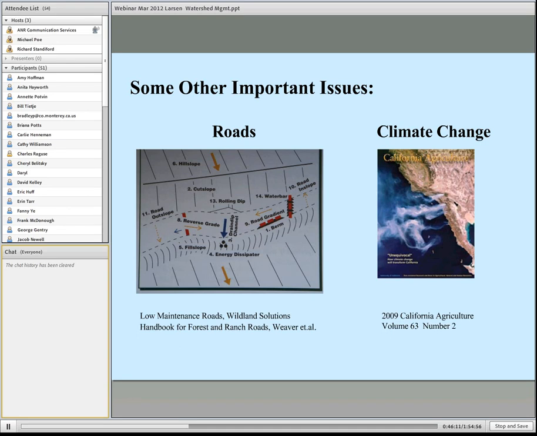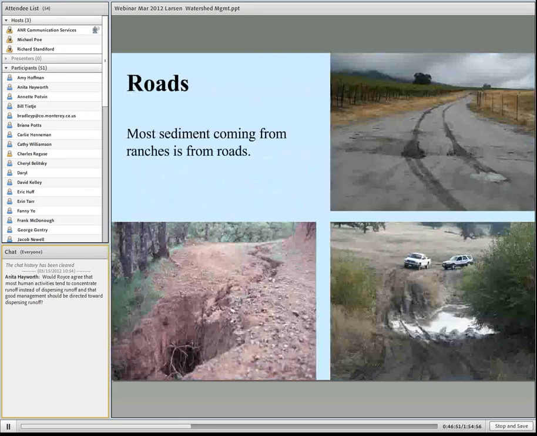Another important factor that's gaining a lot more notoriety, and more information is being put out all the time, is that of climate change. In 2009, our Ag and Natural Resource Vice President Barbara Allen Diaz helped summarize and work on the Intergovernmental Panel on Climate Change, and this volume of California Agriculture kind of summed up some of the effects that we could look forward to. So along in that book, as well as many others, there's a lot of information about climate change and what might happen.